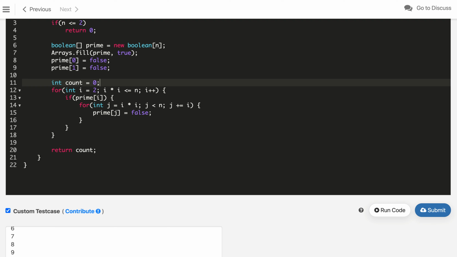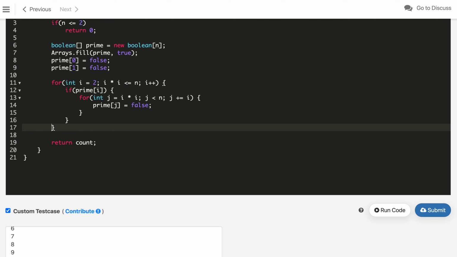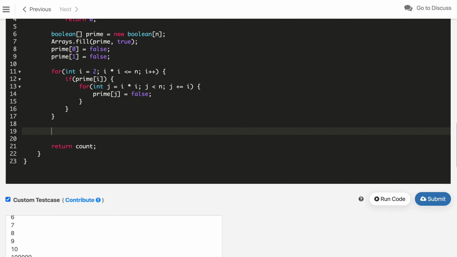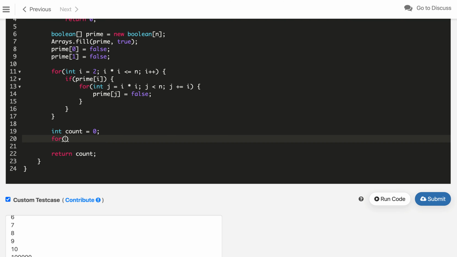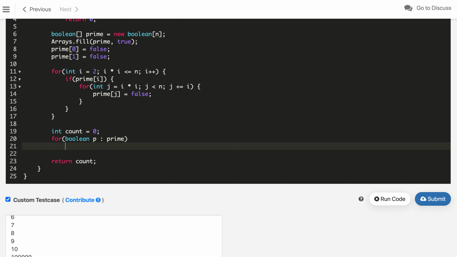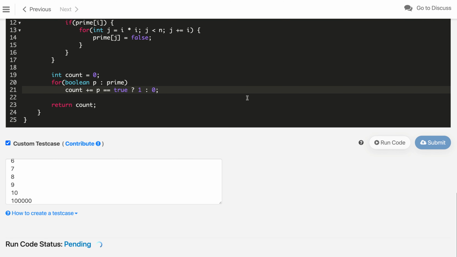Instead of counting over here, we will count after running these loops. We run another loop, for boolean p in prime, and we update our count: if p is true then increment by 1, otherwise by 0. So that's it, this should work now.